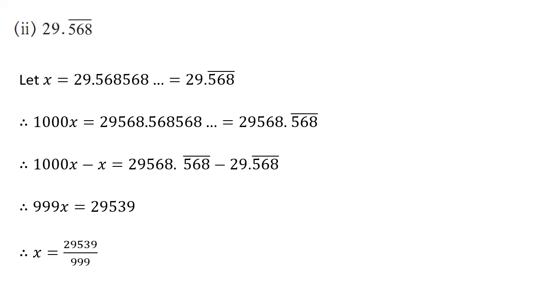Now see, there are more sums in this particular question. So you have question number 3, 9.315 recurring. Question number 4, 357.417 recurring. And here 30.219 recurring. Okay, you can convert it in the form of bar as we have done in the first one. So everywhere you have to multiply by 1000. So the method is exactly similar to the second one. So all of you please follow that and solve it as homework. Okay, so mark it that you are going to solve it as homework.